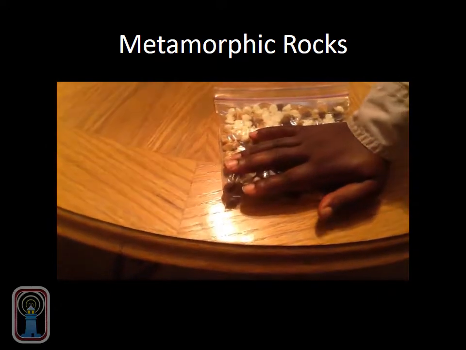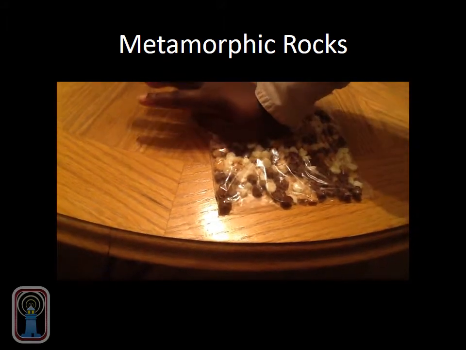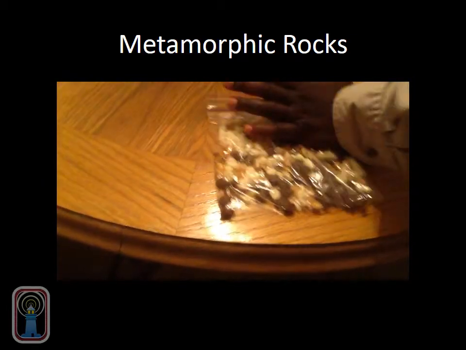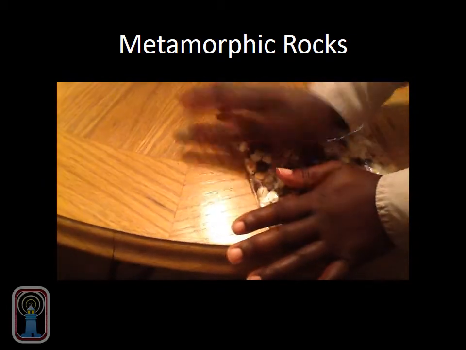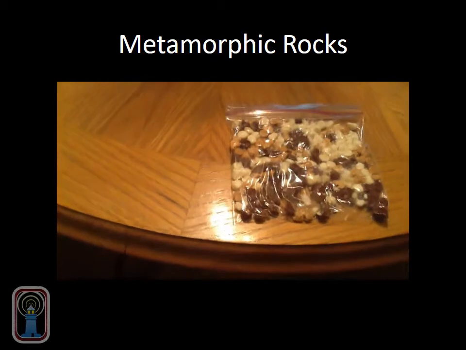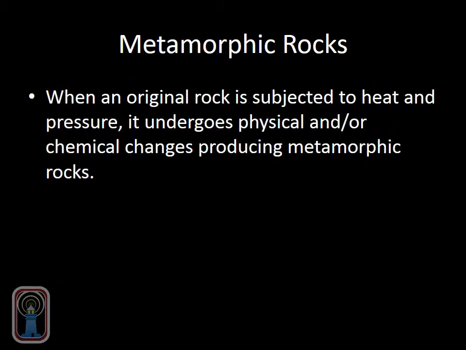And we know that metamorphic rocks are formed by heat and pressure. So this is representing my metamorphic rock. And there we have it, our metamorphic rock. Metamorphic rocks arise from the transformation of existing rock types in a process called metamorphism, which means change in form. An original rock is subjected to heat and pressure and undergoes a physical and or chemical change resulting in a